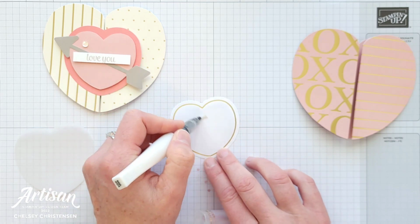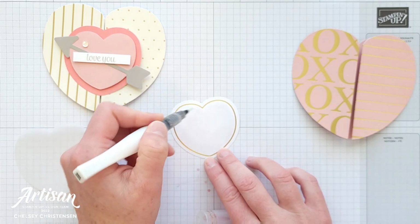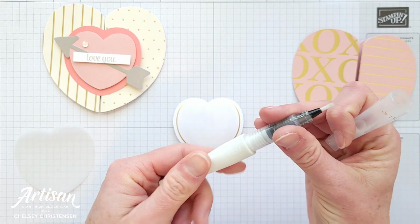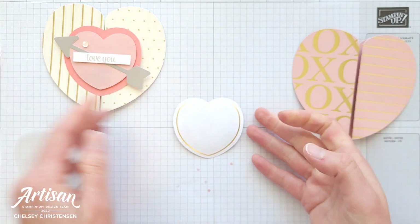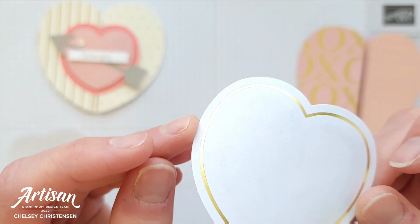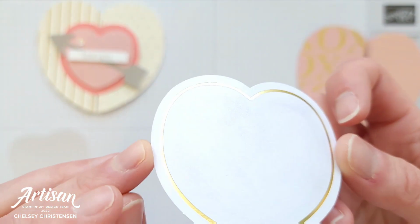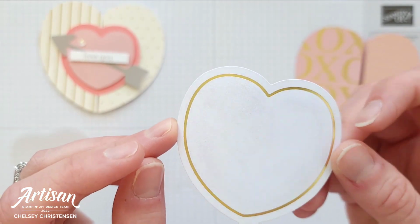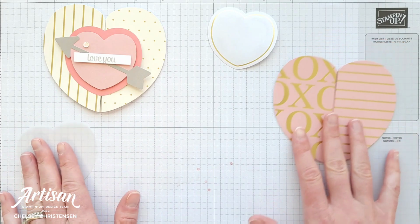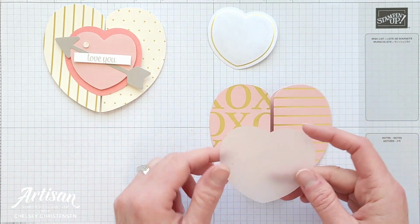Just a nice, simple technique here to really make your card a little bit more wow. And you just want a nice thin layer of glitter there. I'm not sure if you are picking up on that really pretty shine that is on that paper now. So this is just going to get set off to the side to dry,